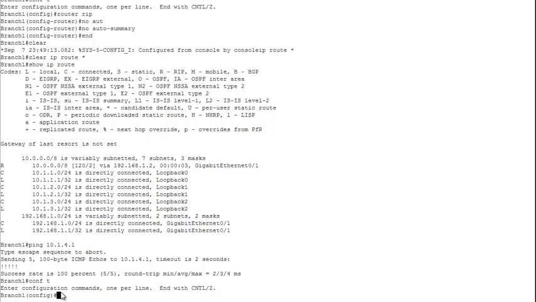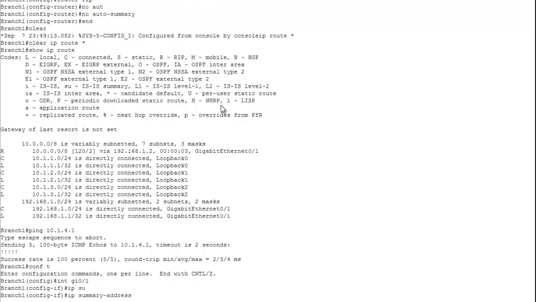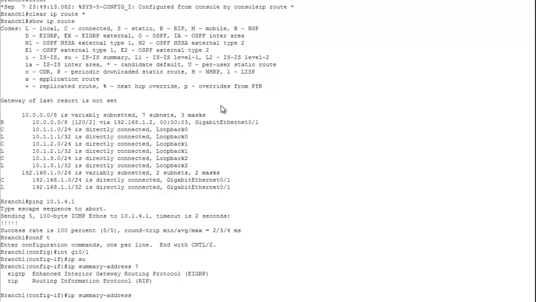We want to summarize as we advertise out to the rest of the world. So config T, and that interface is 0.1. IP summary address. I'm going to hit a question mark here only to show you that both RIP and EIGRP will use this command under the interface. Here we're going to do RIP. The address we want to summarize is